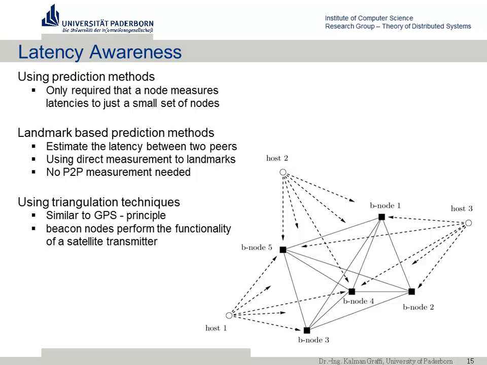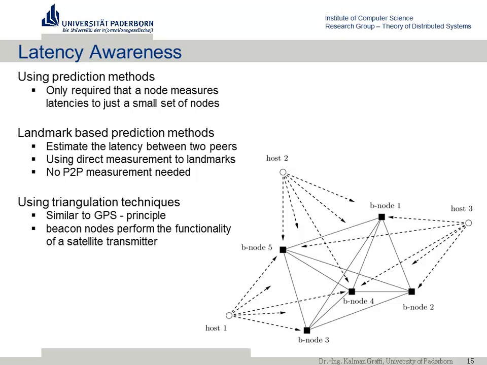So if you have the landmark points, and you know that your delay to a specific node is, for example, let's say 100 milliseconds, then you might be in this region. And if you know that to this node your delay is 170 milliseconds, then you are in this region, and some further regions you come up with, and you find your position,